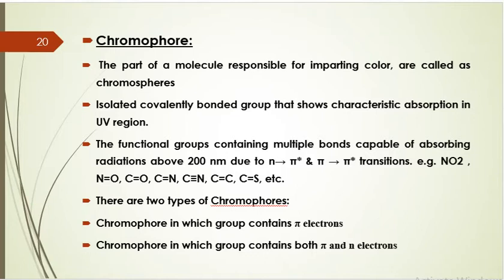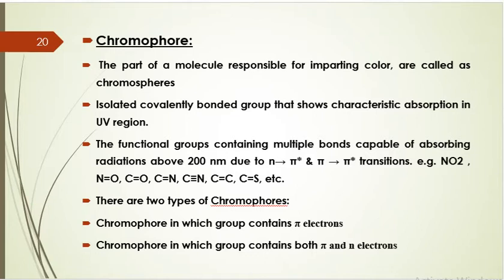So basically, a chromophore is covalently bonded to the molecule, and it is because of this chromophore that the absorption of the radiation takes place. Ultimately, the absorption of the radiation by a compound takes place because of the presence of the chromophore. If a compound does not have a chromophore, it will not absorb the radiation. Now, there are various functional groups which are capable of acting as a chromophore. The absorption occurs irrespective of whether color is being produced or not.